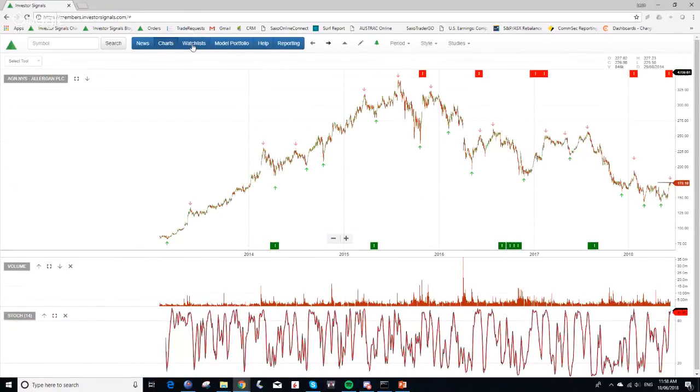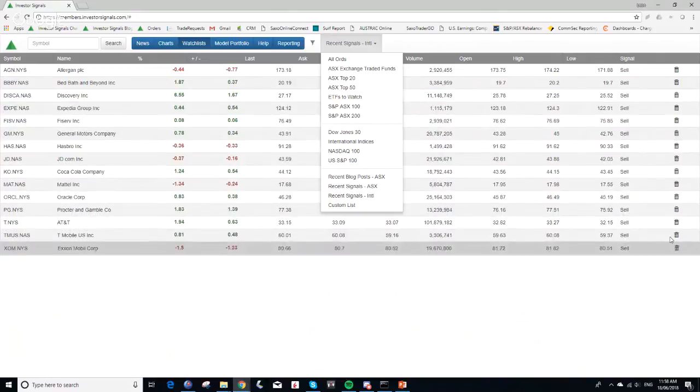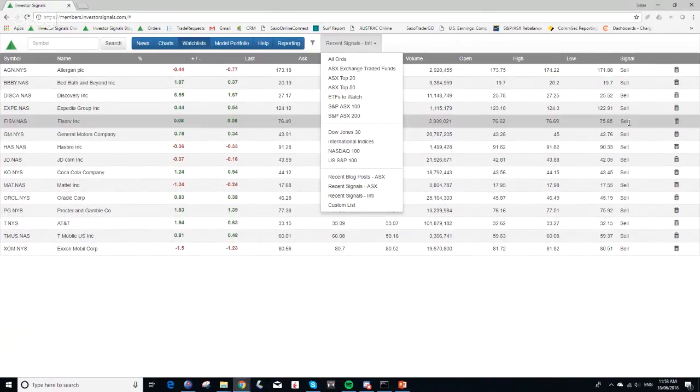So again, what we've done there is gone into the watch list, come down here, selected recent signals for international. And the point of interest here is that domestically, we're probably slightly ahead of the US market in the context of we've had quite a number of the stocks shift from buy conditions into sell conditions. Hence, we've only got less than 50% of the constituents that qualify that are actually in the model portfolios. We're probably just in the early stages now of seeing the beginning of that rotation in the US market,